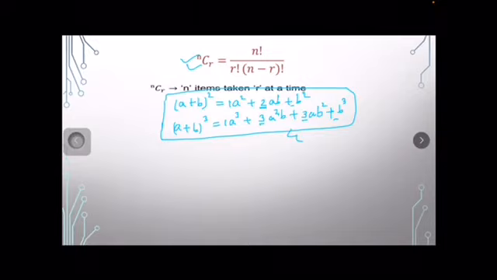Other terms mean: what are the values, and how can we calculate them in the expansion of (a + b)? What are the terms of a? These terms, a cube, a square b, a b square, and b cube, mean: how can we calculate the powers of a and b here, right? So if we take (a + b) whole cube, it is a cube plus 3a square b plus 3ab square plus b cube.